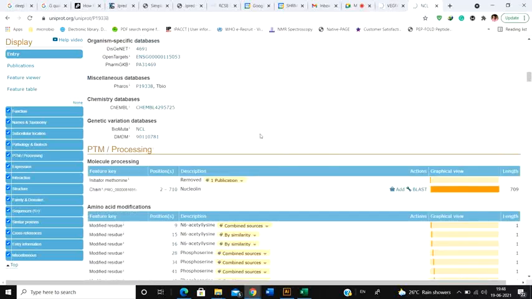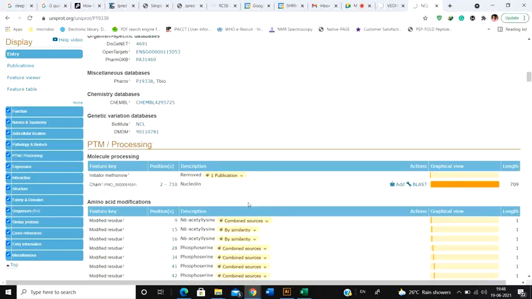But that's not the case with every protein. So this is a different protein. A nucleolin protein is a different protein. Now this particular protein is not a secreted protein, and that's why you see it doesn't have any signal peptide. So what are the modifications? The initiator methionine is removed, and I think you all know the initiator methionine is removed in most proteins, and that is why it is not a very important role.